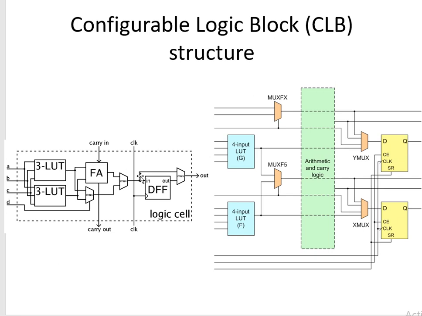If we want to implement only combinational logic, it means that we don't need memory cells. Then we can omit or bypass the D flip-flop. If we need sequential logic, then we can select the output of the flip-flop as the final output of the CLB. The figure on the right side